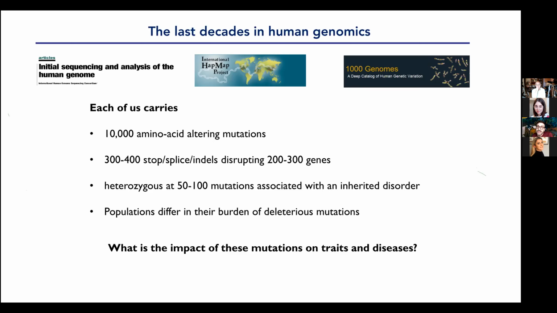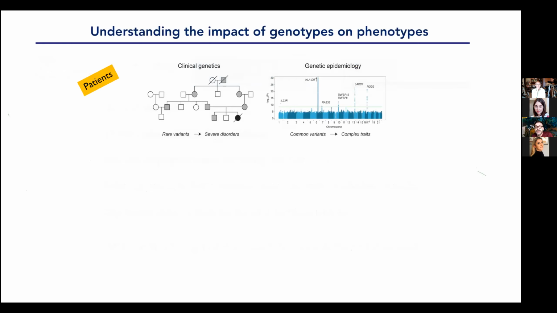But a major question in human genetics more generally is what's the impact of these mutations on traits or diseases? So as I was telling you, there are traditional approaches or more medically oriented approaches to understand the impact of genotypes on phenotypes, where you use patients basically. Either you apply clinical genetic approaches in which you have a family and you follow which mutation or mutations segregate with the affected cases, or you perform genetic epidemiology studies like GWAS, genome-wide association studies, in